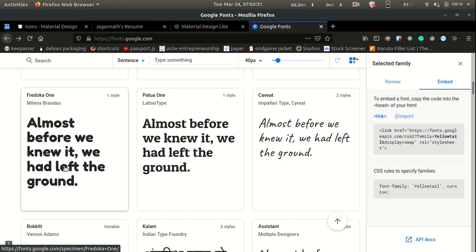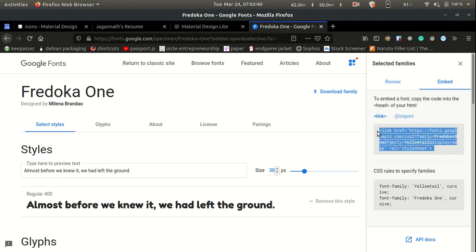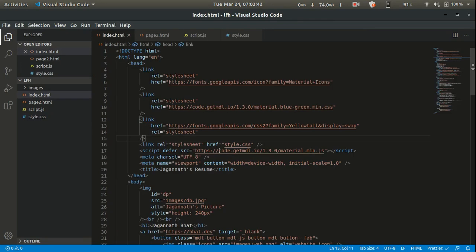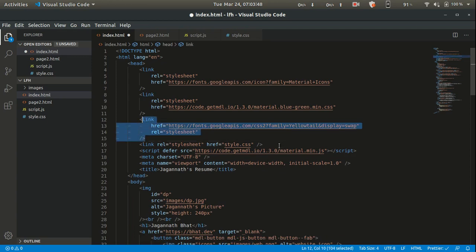Let's say I'm going to use this one as well. If I do this, it will change the style sheet a bit. You don't have to add the style sheet again. You don't have to add a separate one. You can just change the previous fonts,